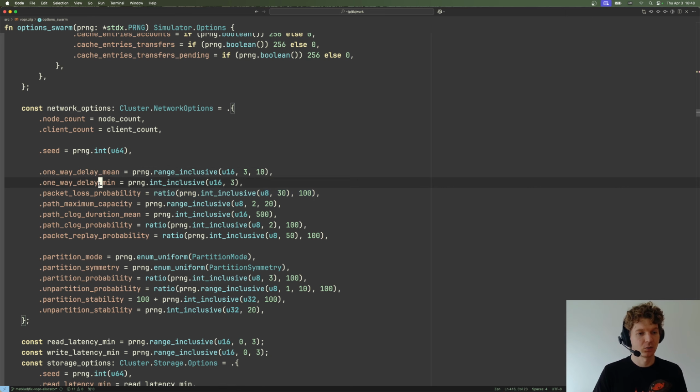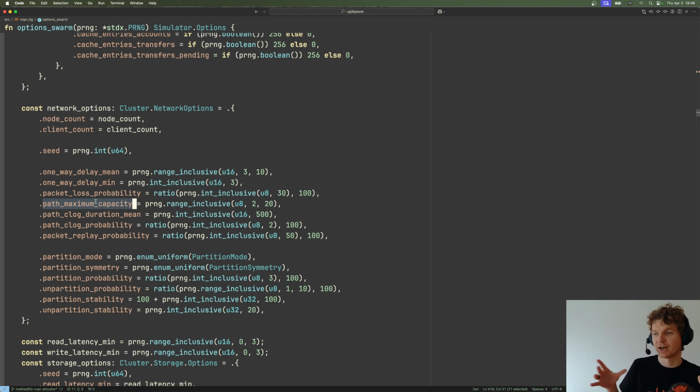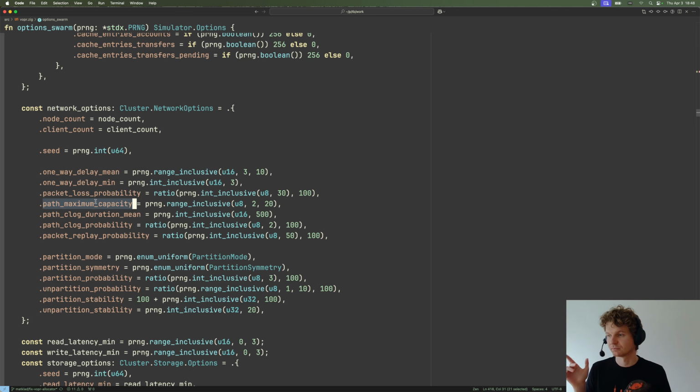Okay, so one-way delay. How many ticks does it take to receive a message? What is the probability of losing a single packet? What is the amount of packets that can be in flight between